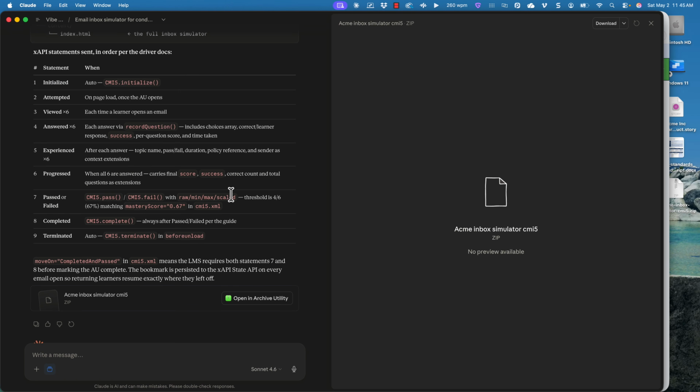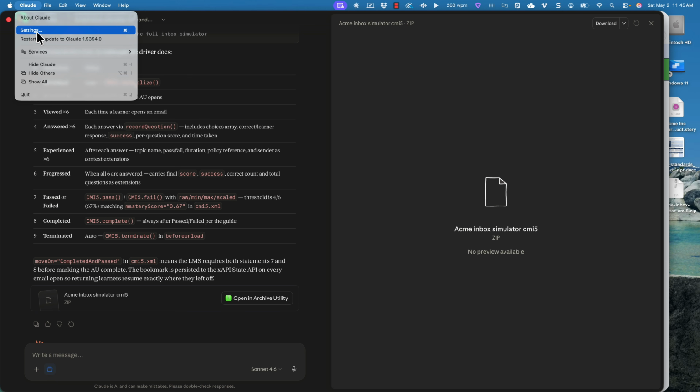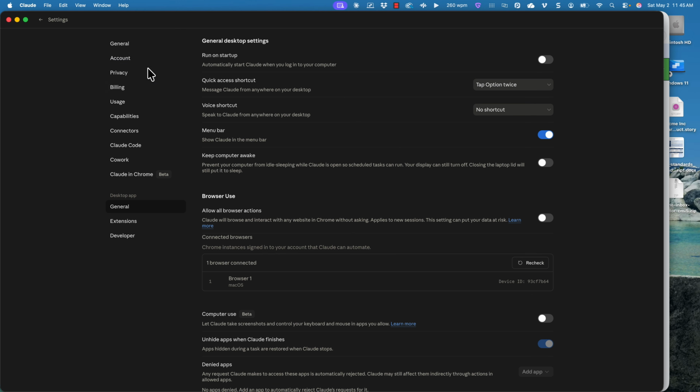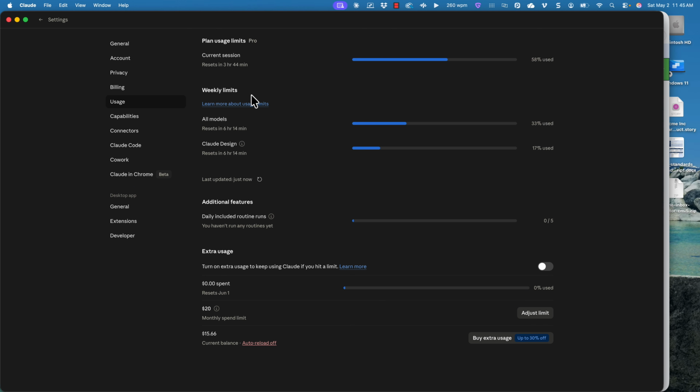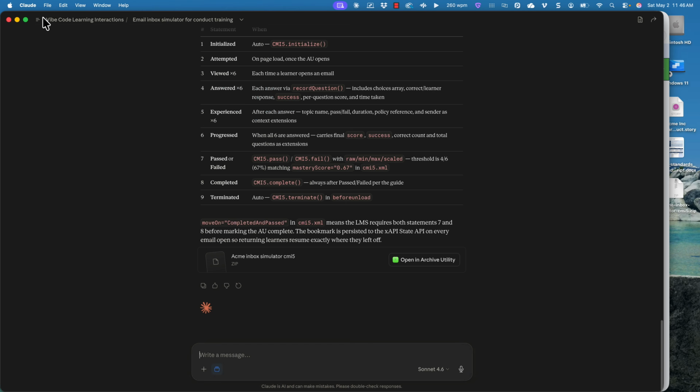Right here, if I come into Claude, I just want to check out, because last time before I started doing all this, I want to check out my usage. Right now I'm about 58%, so it did take up a lot of my usage. I was about 22 before I started this, or like a little bit more than that. So it does take up usage, and that's what goes back to, and I was mentioning this in this previous video,